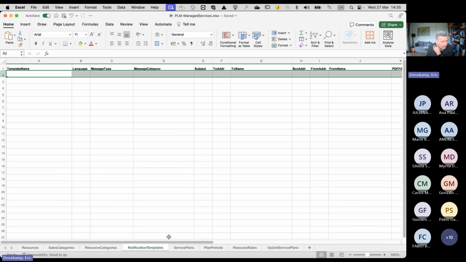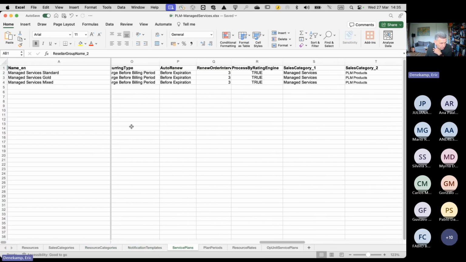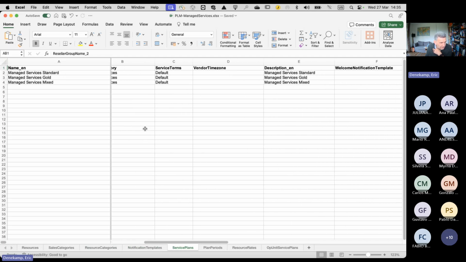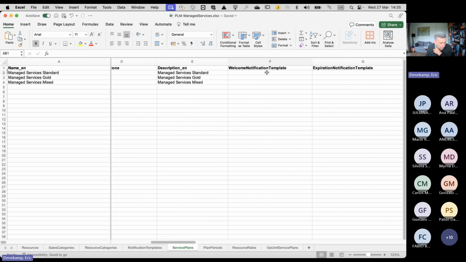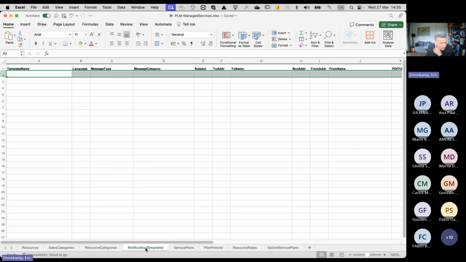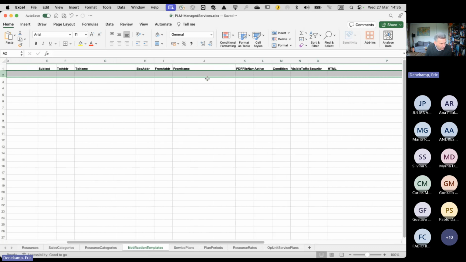We can create notification templates if we want to, for the service plans to be used. I did not do it in my example, but I'm talking about these two columns. I can pre-create them here with the template name, the language, the message type, the category. Remember what we talked about in the last module last Monday, those notifications with all the parameters in there.